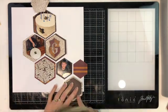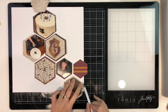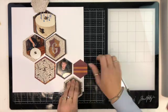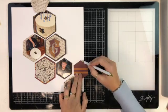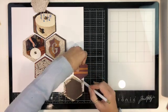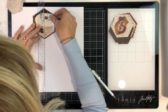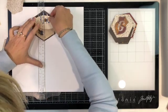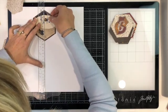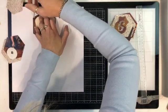Okay, so this is the layout that I'm going to go with. You can see that I've cut all my hexagons. Yeah, hexagons, I think. I think it's hexagons. And I've got a layout that I'm happy with. I've got my layers. Going in with a lead pencil and tracing around them because I knew I wanted to add some mixed media to my background. And like I said, I really wanted to get that center line of some of these photos lined up, so that's why I was using my T-square ruler there. I just wanted to make sure I